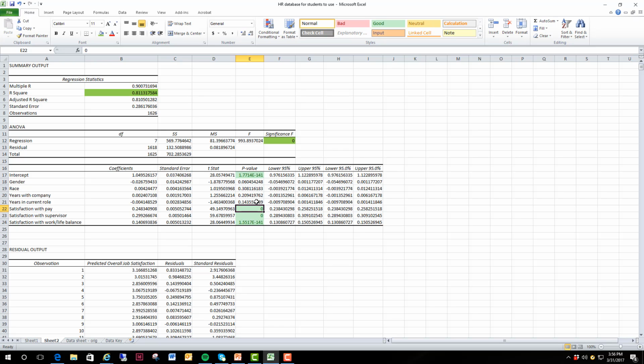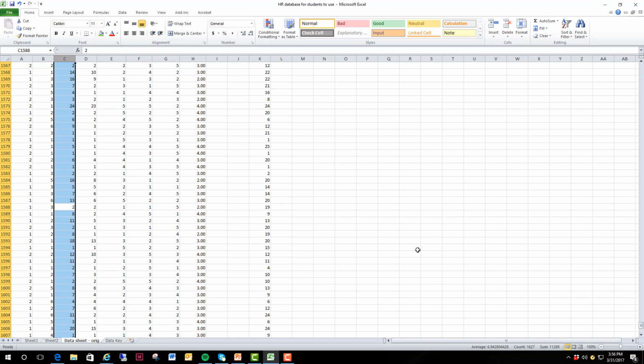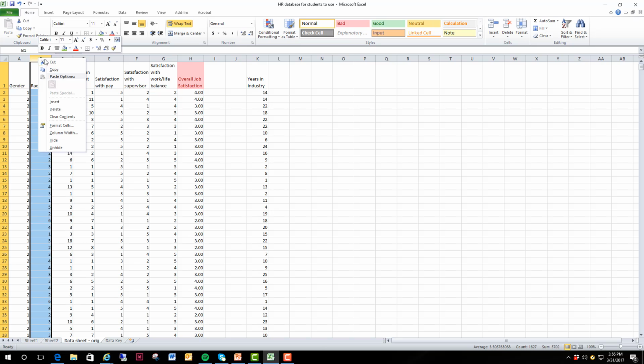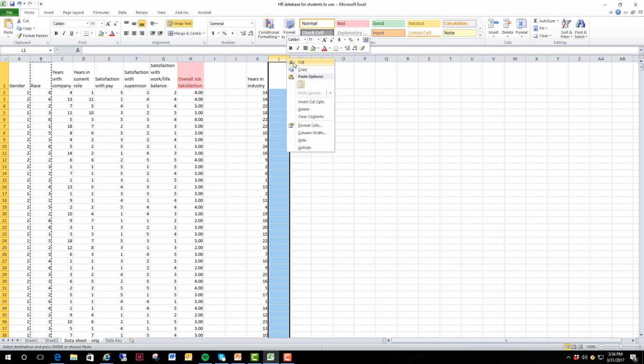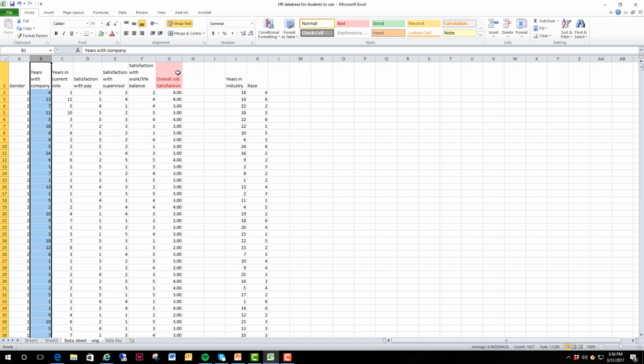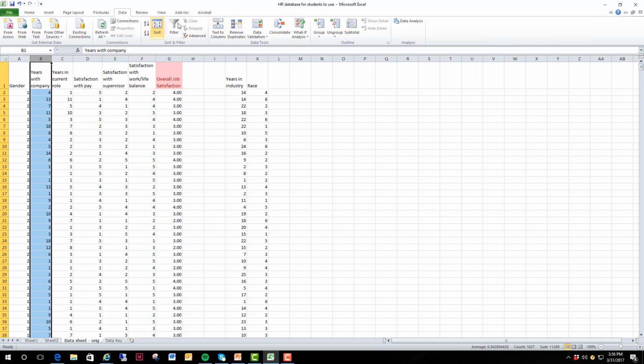The next largest one that we want to get rid of appears to be this one at 0.308, which translates to race. So let's go back to our data sheet, and we're going to scroll up as quickly as we can, and we're going to take out race. So we're going to cut that, paste it over here because we don't need it anymore, remove that column, and go ahead and run our data